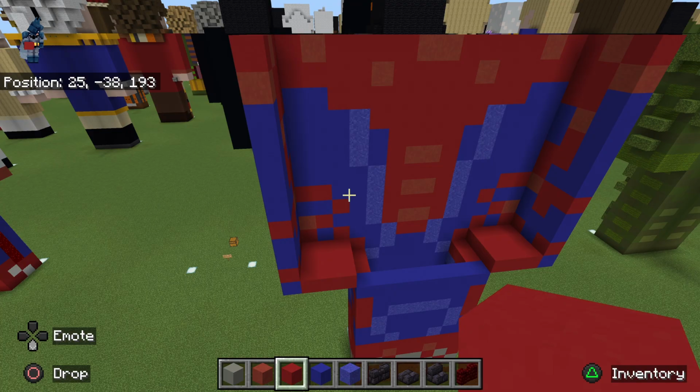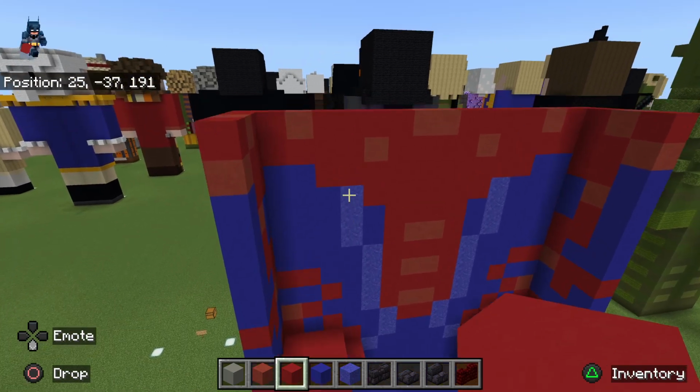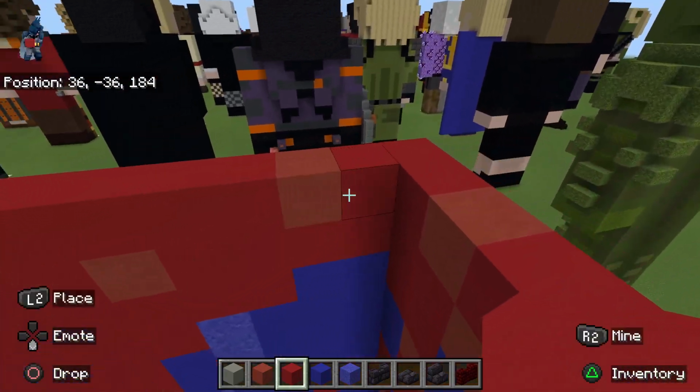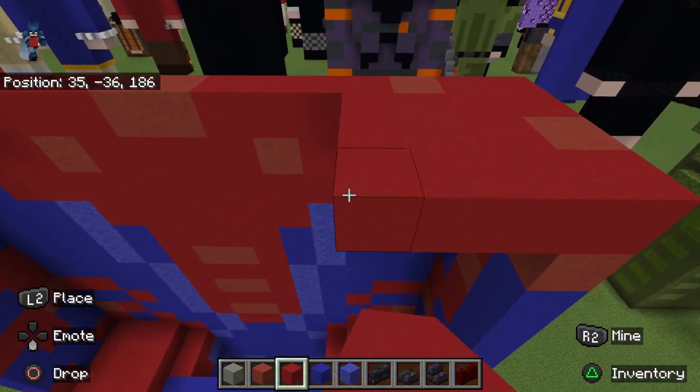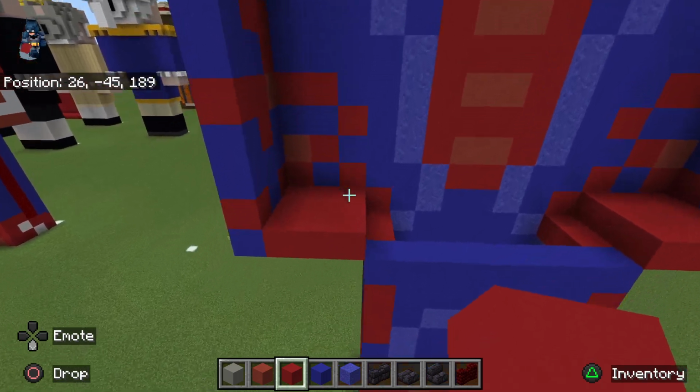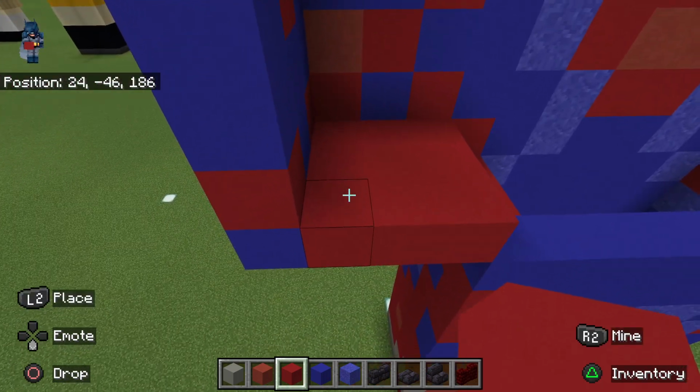For the shoulders, we can just go ahead and fill them in entirely with red concrete. By 3, of course. For the back of the statue, let's do the back of the arms real quick. So the back of the arms are just